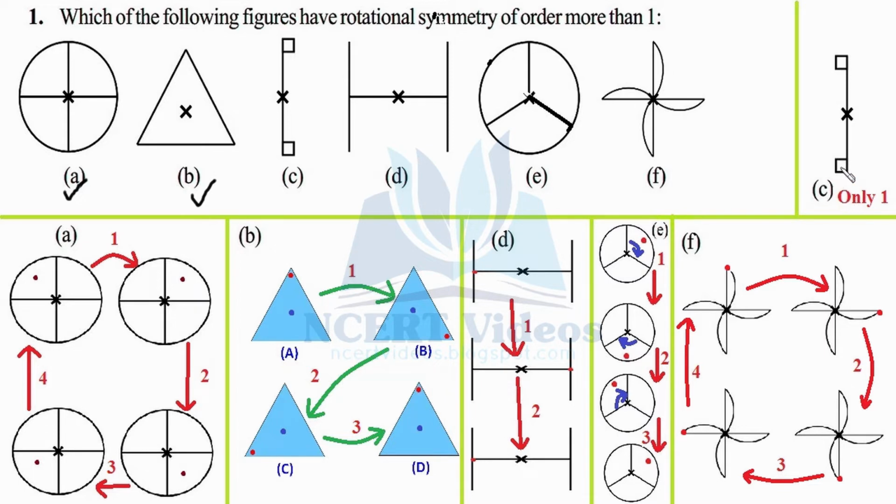That is, when we rotate it 90 degrees, then we will be able to get this figure. So only 1 symmetry. If you have read anywhere that any object which does not coincide with its previous image is said to have order of symmetry 0, that is wrong. Always in this world, any object will have at least order of symmetry 1. Here a big H is written, and these crosses just mean that these objects have to be rotated keeping this point fixed. That is, you nail it. You put a pin and then you rotate it. That's why these crosses are